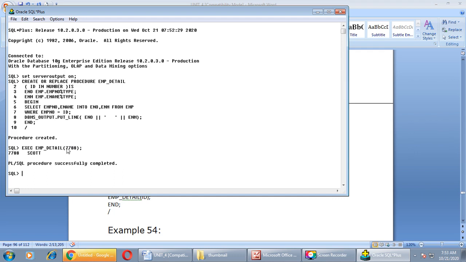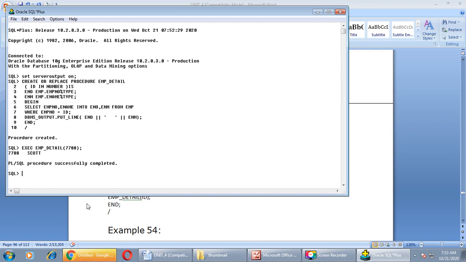This will go into the variable id, and with the help of the select statement, the Oracle server will fetch the detail of this employee through this query, right? And in the next line you can see whatever details got through this query will be printed through dbms_output.put_line. Okay, and here it is.